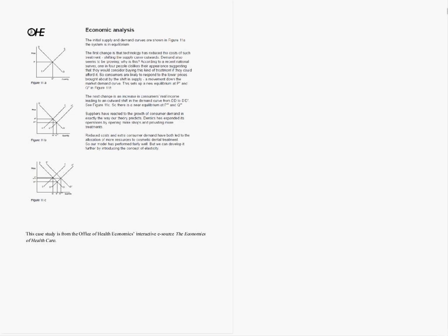This sets up a new price and quantity at the market equilibrium. So we see a lower price brought about due to the reduced costs from the changes in technology. We also see an increased market equilibrium quantity, and this is the result of the reduced price and the shift in the supply curve. Okay, and then that could happen around the same time as